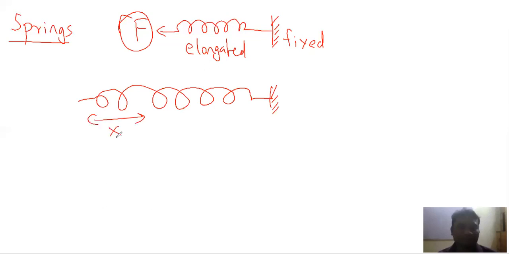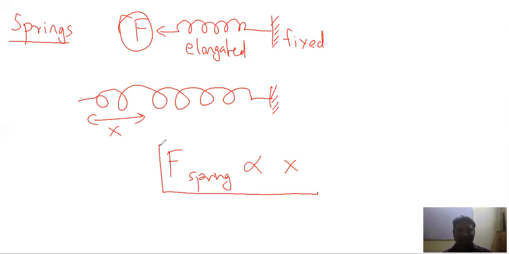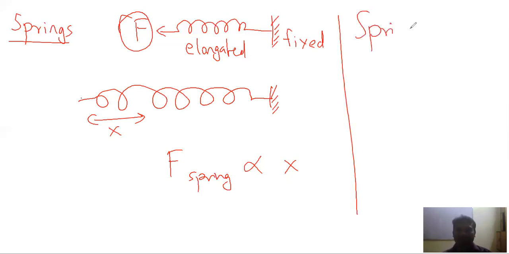Suppose the extension in the spring is X, then we can say the force in the spring due to this extension is directly proportional to the extension. Isn't it logical? More the extension, more will be the force in the spring. So we can say spring force is directly proportional to the extension X. So our equation for spring force